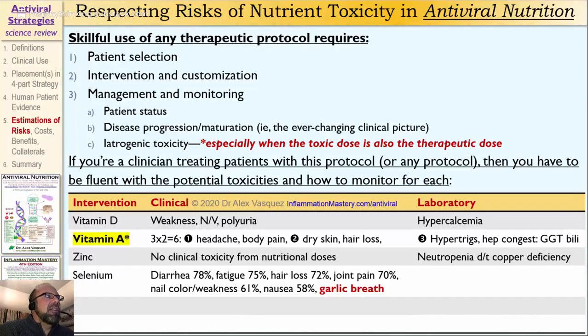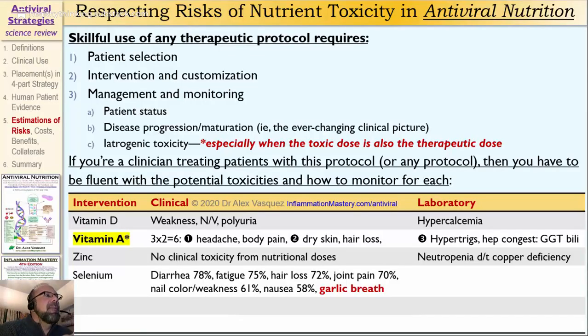Now, you'll see that those are very non-specific manifestations. Some of those actually look kind of like vitamin D toxicity. We've got weakness, we've got fatigue, we've got hair loss with vitamin A toxicity as well. We've got joint pain with vitamin A toxicity. Not so much the changes in the nails, and nausea, we could see that with vitamin D toxicity and vitamin A toxicity. So the only thing that's unique about selenium toxicity is the characteristic of a sulfur odor or a